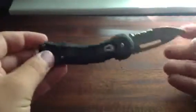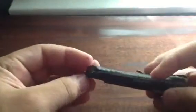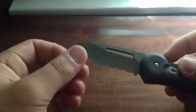Once you have it in your hand and a nice tight grip, that's not going to go anywhere. But I don't need that as an EDC blade. You know, I'm not going to be beating the hell out of it, primarily because it's not even mine. If it was mine, then maybe, but